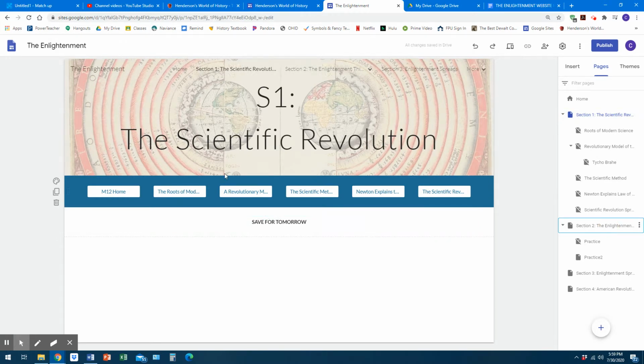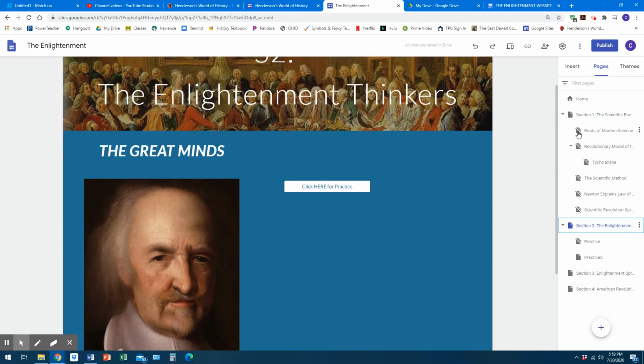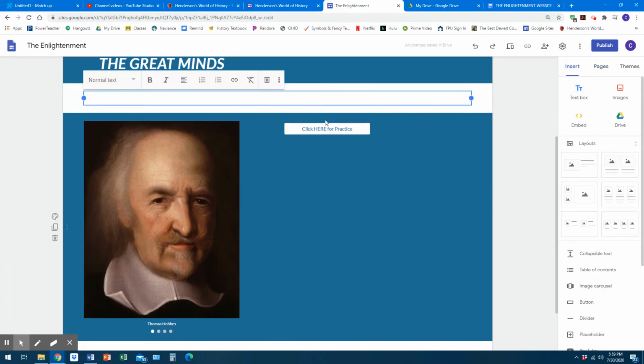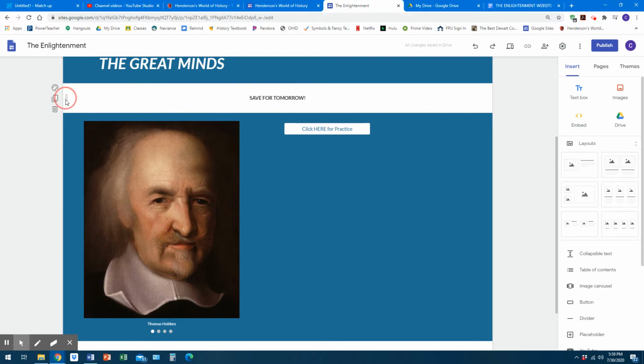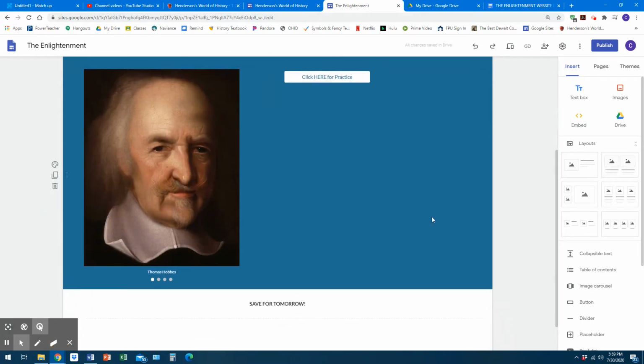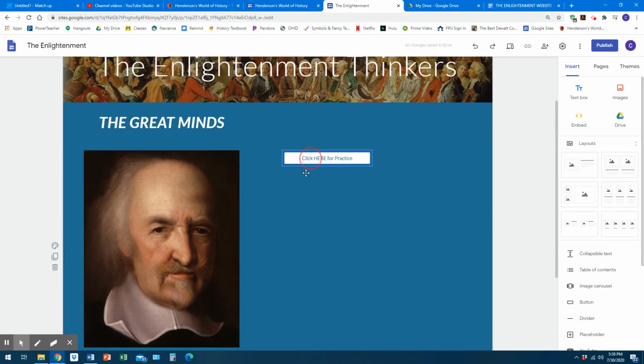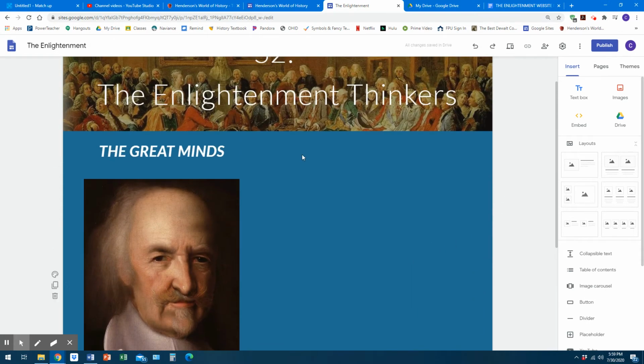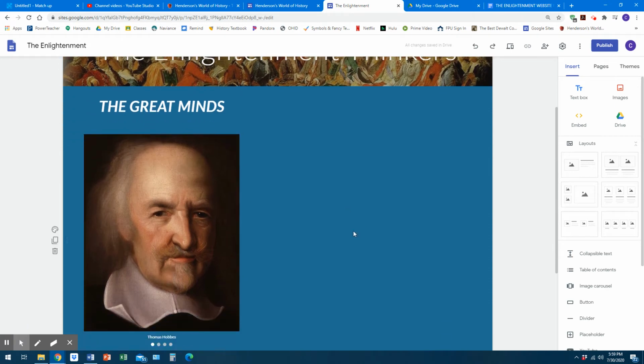Now, when we come to another section, for instance, let's say you're the section 2 section chief. We have our text box, capital, bold, save for tomorrow. Put that in the center so it's visible. Now I'm going to drag this to the bottom. And now, okay, I still need to work with this button. I'm going to bring that down here so don't mess around with that. But I think this is good. I'm done with that.